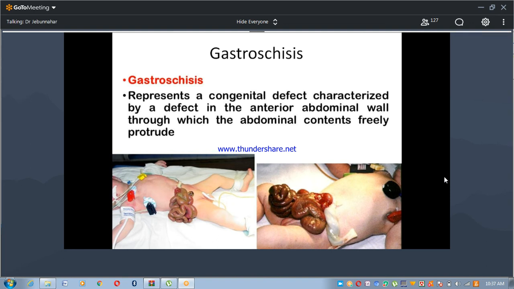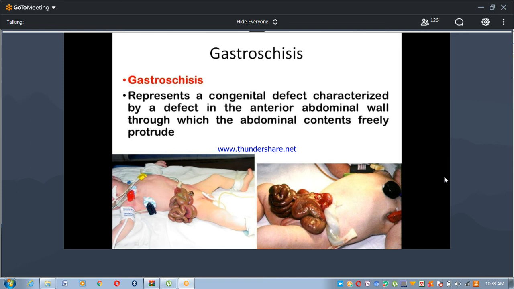Gastroschisis is not associated with chromosomal abnormalities or other severe defects, so the survival rate is excellent. We saw that in omphalocele 25% of children will die, but in gastroschisis, as it is not associated with chromosomal abnormalities or other severe defects, survival is good. However, one problem with gastroschisis is that if volvulus occurs, meaning abnormal rotation of the gut,